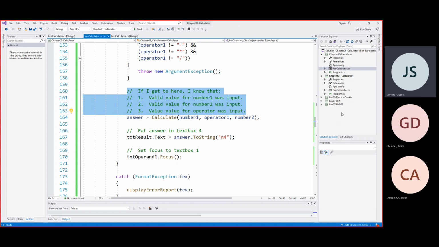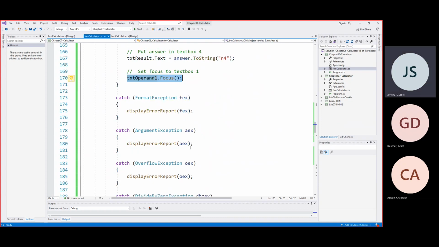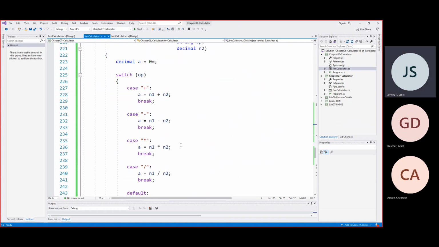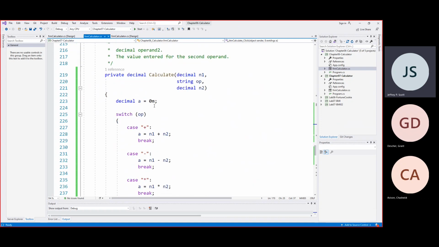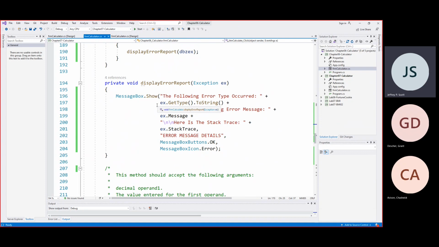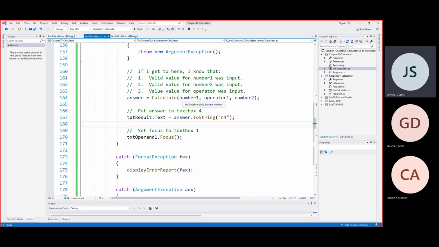There's still one thing we have to look out for, and that's that divide by 0 error. But we can call our answer routine. And when it returns, we can stuff its value into the associated text box and set the focus. All right. And this, again, this is exactly the same as what we wrote before. That's why I copied it in. So our actual parameters that we passed in here when we call this, those being number 1, operator 1, and number 2,